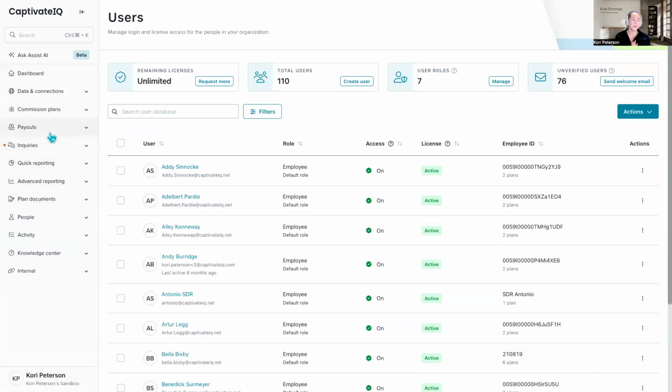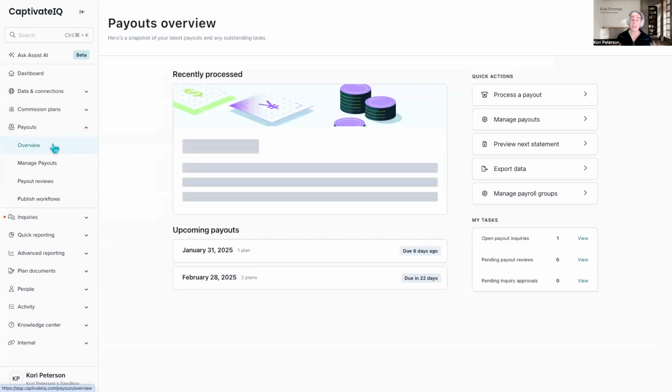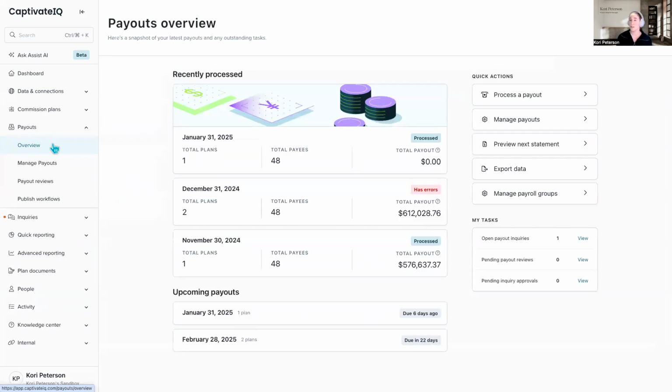But the final place that we'll look at on our tour of Quotient is the payouts experience. If you don't know where to get started, because we have also consolidated a few pages on here, this is where likely the biggest learning curve will happen. But I promise, give it just like a day of being curious and exploring, and you'll start to get the hang of it. But this overview page is a good place to start if you're feeling overwhelmed with payouts.